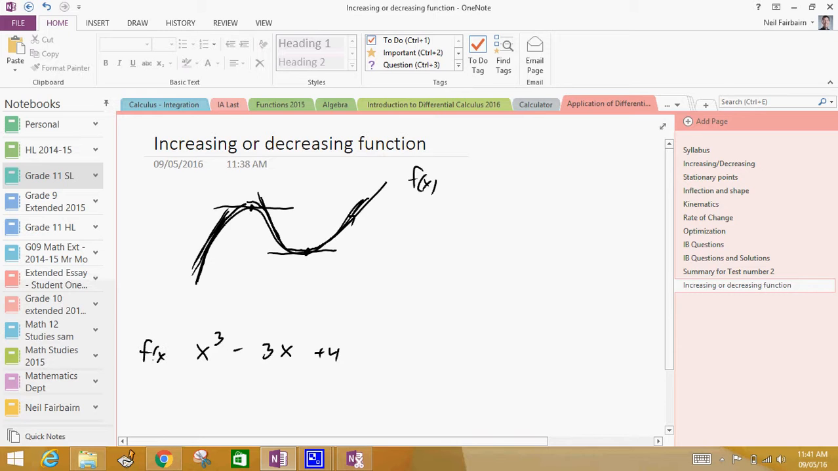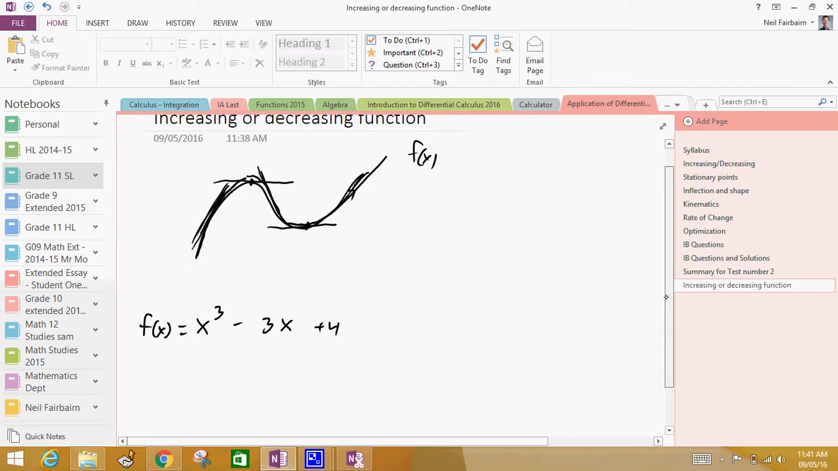Suppose f of x is equal to x cubed minus 3x plus 4, and I want to know when it's increasing or decreasing. Well, first I'm going to find the derivative. f prime of x is equal to 3x squared minus 3. Okay, and that's actually equal to, let's factor out the 3, 3 times x squared minus 1, which is equal to 3 times x minus 1,